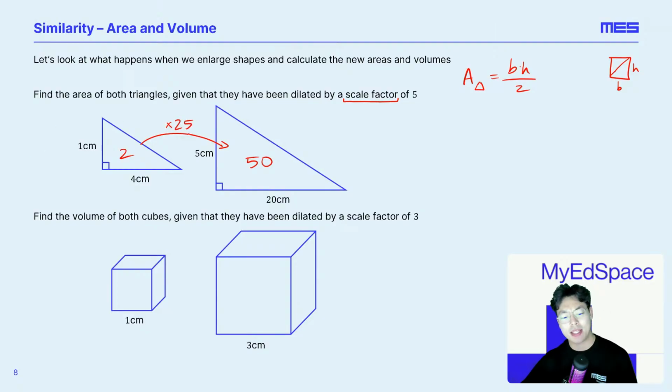25. So now let's think about this. How does 25 relate to a scale factor of 5? Ooh, I think we're onto something here. 5 and 25. Well, 5 squared is 25. And guess what we're working with here? Area. Area is 2-dimensional. So it makes sense that when we're going from one similar triangle to a dilated version of it, we can square the scale factor and multiply that by the area of the original triangle.